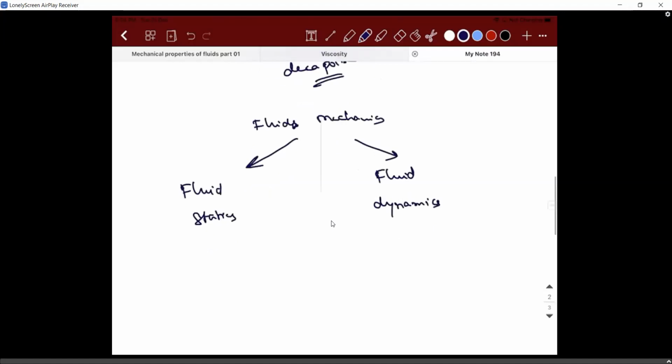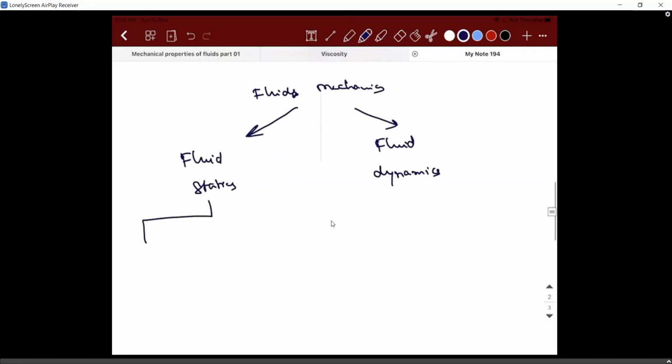So when I spoke about fluid statics, what are all the concepts we learned under this? Variation of pressure with depth, you saw this formula rho g h. You saw this rho g h in two places. One is here, and second you saw it in Bernoulli's equation. But what is the difference in the context?